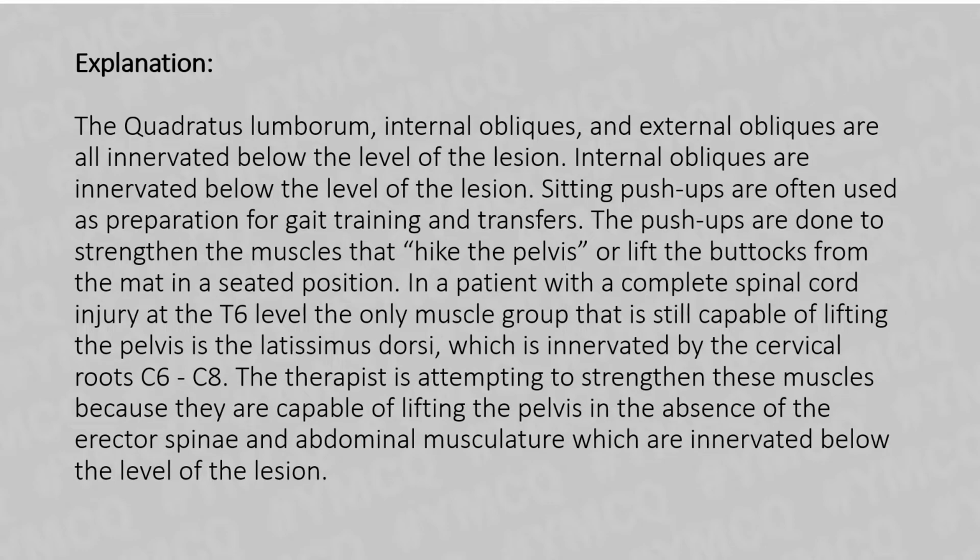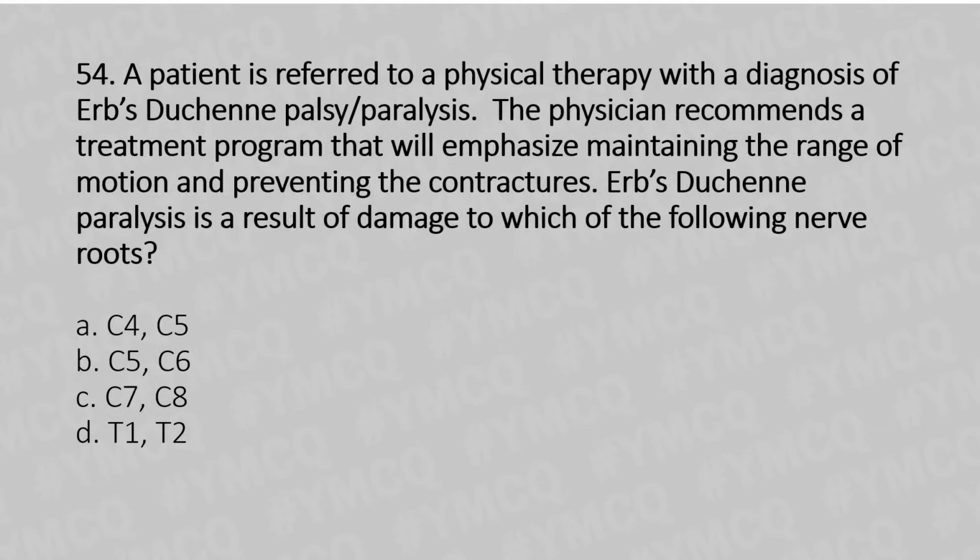Moving to our 54th question. A patient is referred to physical therapy with a diagnosis of Erb's paralysis or palsy. The physician recommends a treatment program that will emphasize maintaining the range of motion and preventing contracture. Erb's paralysis is a result of damage to which of the following nerve roots? Option A. C4, C5. Option B. C5, C6. Option C. C7, C8. Option D. T1, T2. And the answer is